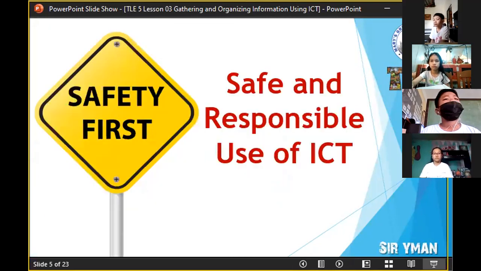And we also tackled about safe and responsible use of ICT. Okay, can someone tell me at least one safe and responsible use of ICT? Isa sa mga tips. Think before you click. All right, think before you click. Yun lang naman eh. If you're going to think before you click, lahat na yon, sakop na yon.